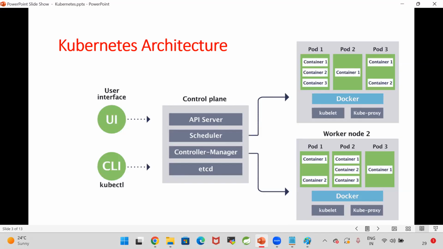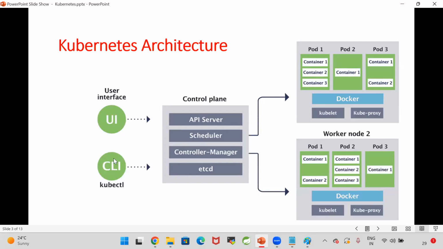Now, based on demand, Kubernetes can increase the count of the pods or decrease the count of the pods. That is called auto scaling. If I want to run my application in 10 containers, I will go for 10 pods. If more requests are coming, my pods should be increased. If fewer requests are coming, my pods should be decreased. So in Kubernetes, our containers will be managed in the pod. Pod is the smallest building block used to run our container.